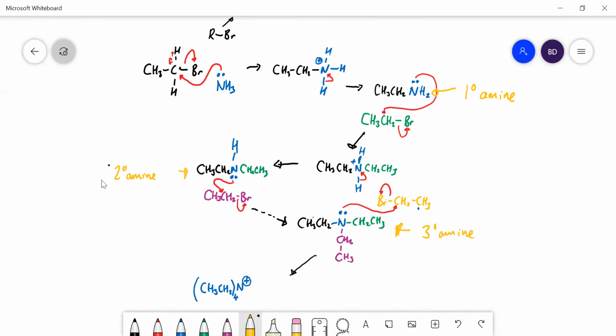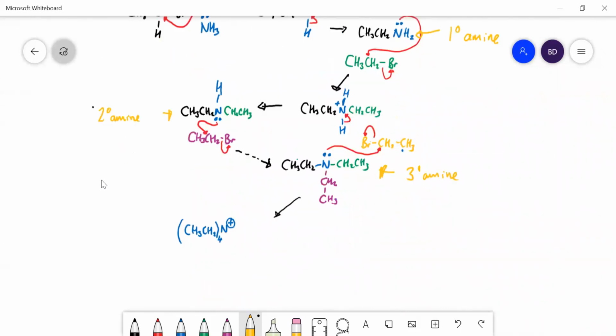And this one here, the last one, is called a quaternary ammonium salt. That's quaternary ammonium salt. And that would have to have a negative ion to go with it, in this case, because it would be Br minus. Okay. Right, so that is undesirable, obviously, because you're going to get a mixture of 4 different